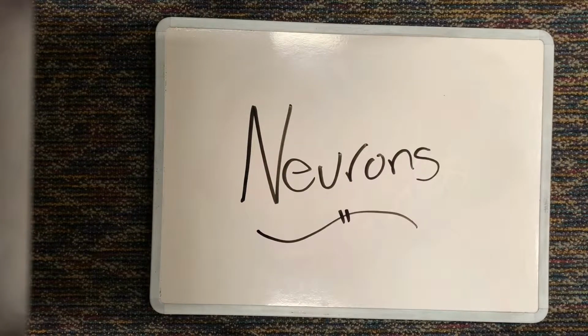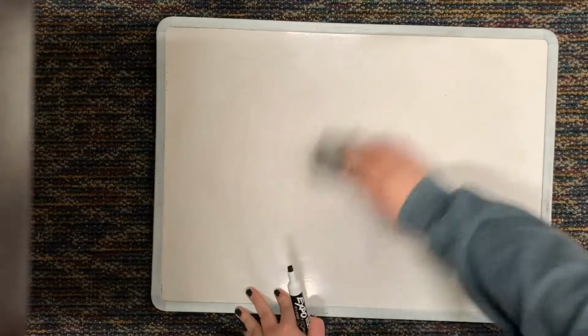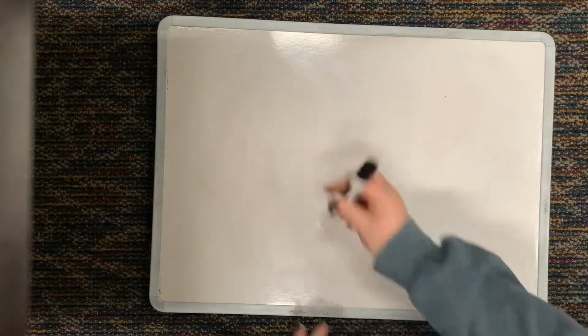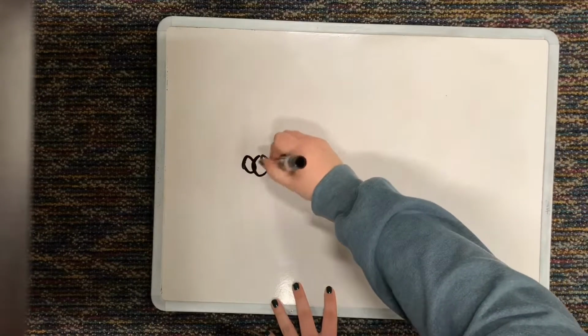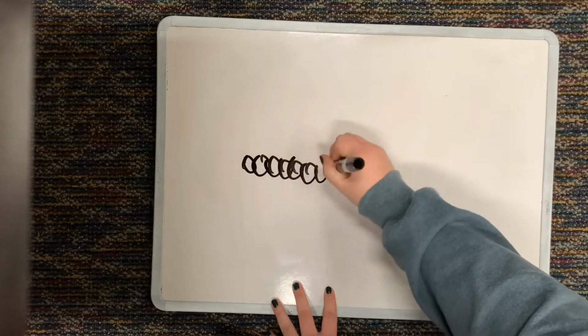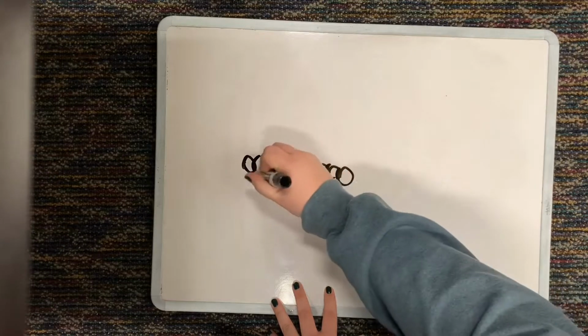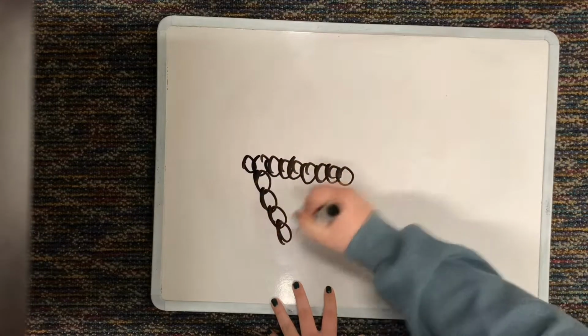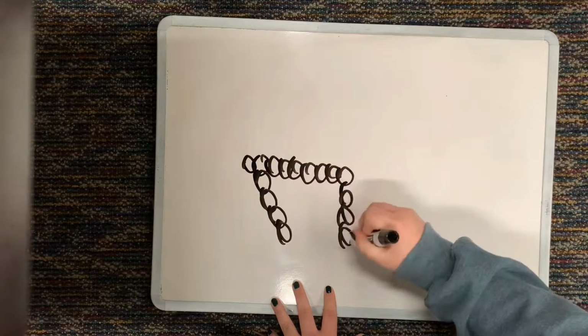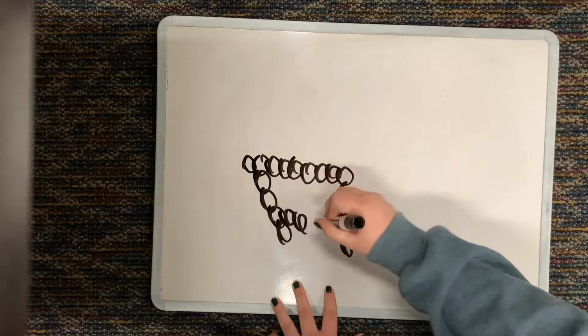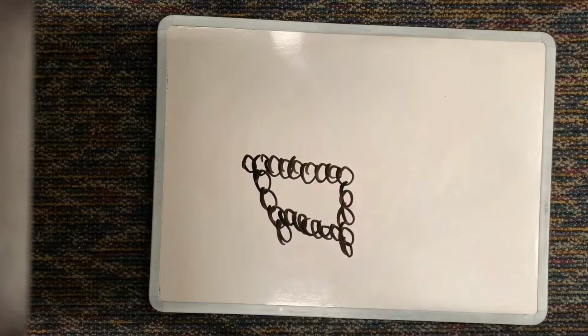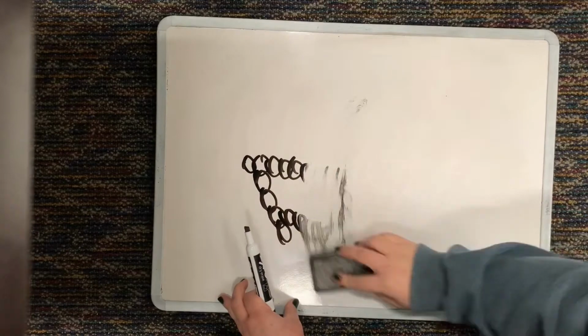My name is Maggie, and today we're going to be talking about neurons. So what are neurons? Neurons, or nerve cells, are small cells that make up chains. And in these chains, they are able to communicate with one another, give each other information, and these chains are interconnected. So the information has different nerve chains that they can travel through.